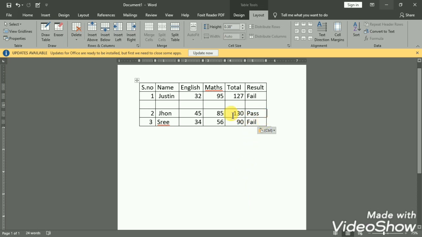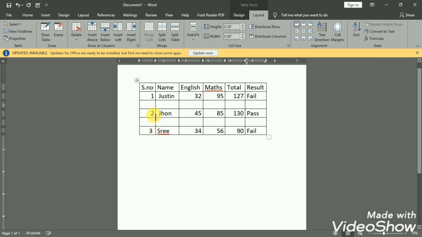How to insert? You have to place the cursor at the last column or at any place in the row, and select whether you want to insert above or below. Now I am selecting insert below. So it is inserted, a row between the second student data and third student data, we have one more row inserted between the second row and third row.